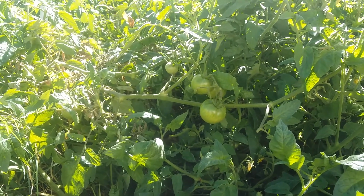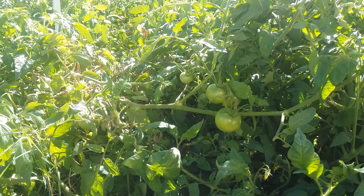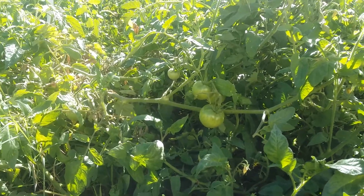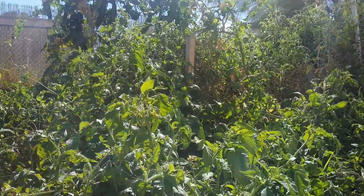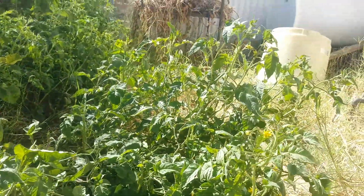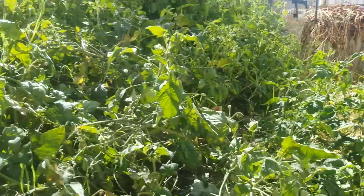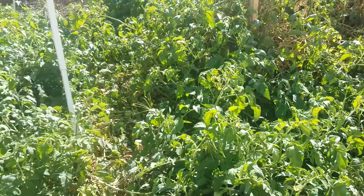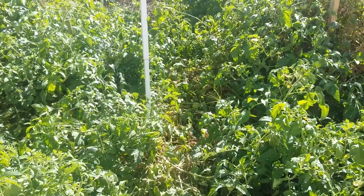And so here's the deal with the tomato. You have big old tomato plants. Big, gigantic tomato plants. These tomato plants are 10 feet tall. The bed is where that wooden beam is, and then they go all the way. And you just keep shaking them and the tomatoes keep coming, right? But the only reason why they're like this in Tucson